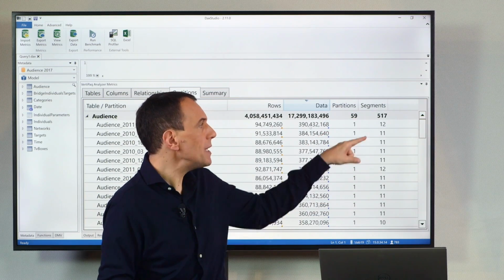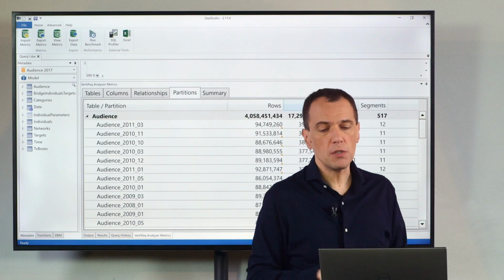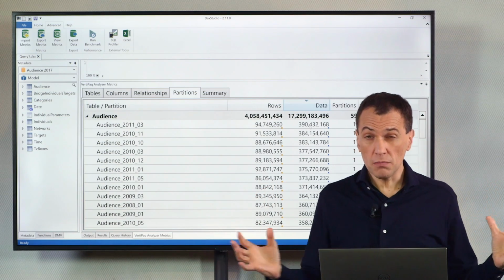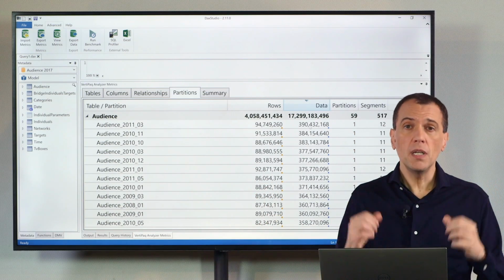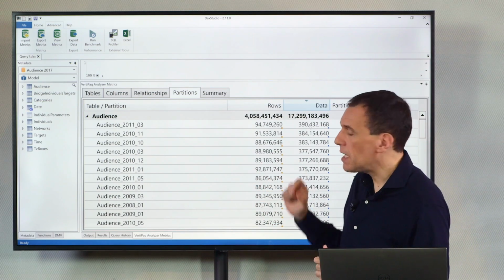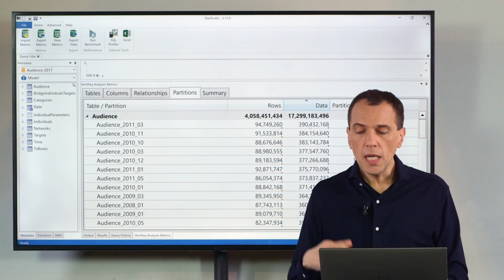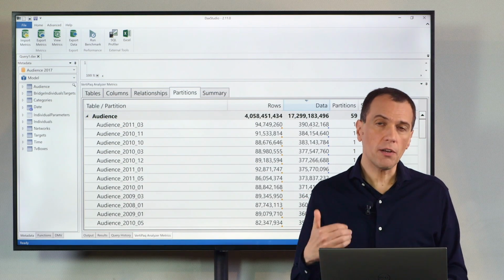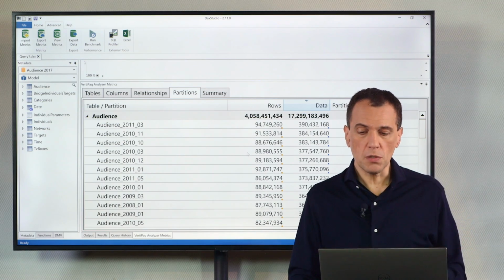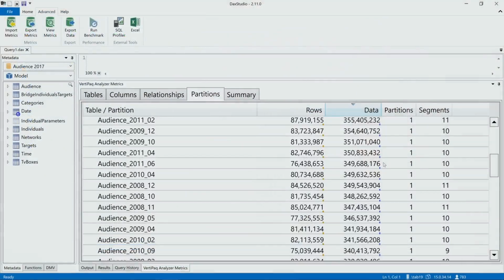But we can see how many segments we have for every partition, which is interesting information, because if we have a very large number of partitions with just one segment, maybe under the threshold for the segment of your database, in this case the threshold is 8 million rows for Analysis Services, but it is only 1 million rows for Power BI, then the distribution of the data across your partitions is not ideal and could have an overhead in performance. So it's always better to have at least 2, 3, 4 segments in every partition, with just one